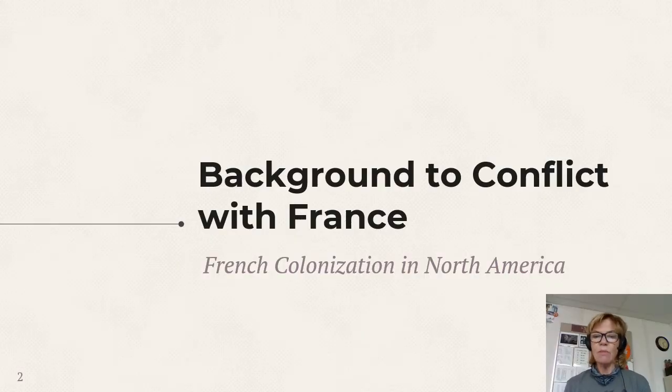Okay, so before we can understand what's going on, we have to do some background. As you know, England and Spain already colonized North America. You have Spain down in the American Southwest, in Mexico, Central America, South America. And then you have the British on the eastern seaboard of the Atlantic in what is now the United States. Well, France is also here. And so we're going to look at how they came and how they colonized the